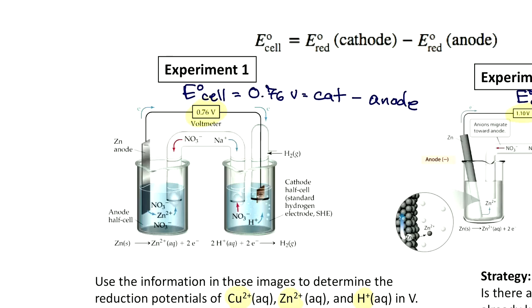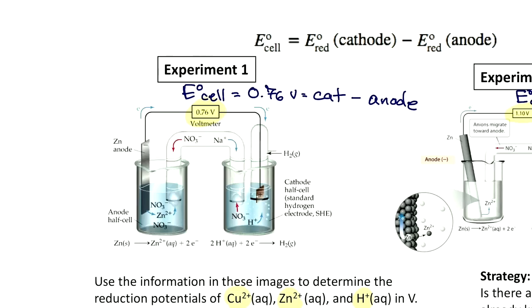Which one do we know already? The cathode. So it's cathode minus anode. That means 0.76 volts equals 0 volts minus whatever the reduction potential is at our anode,